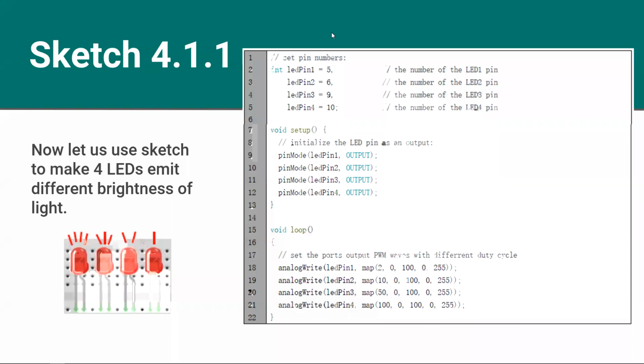If you are going to give bigger values, that is not going to do anything. Sometimes it won't turn on if you give a value bigger than 1, but that is really unreliable. So don't do that. Yes, there is one person having a problem uploading to the board. Most of the time there is a problem with your USB cable or USB driver, so you have to check that.